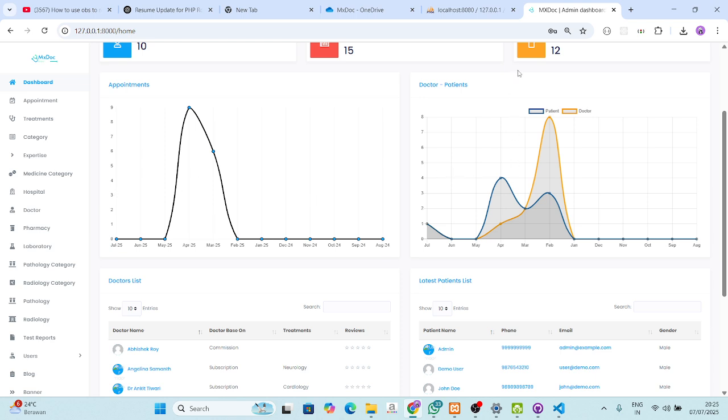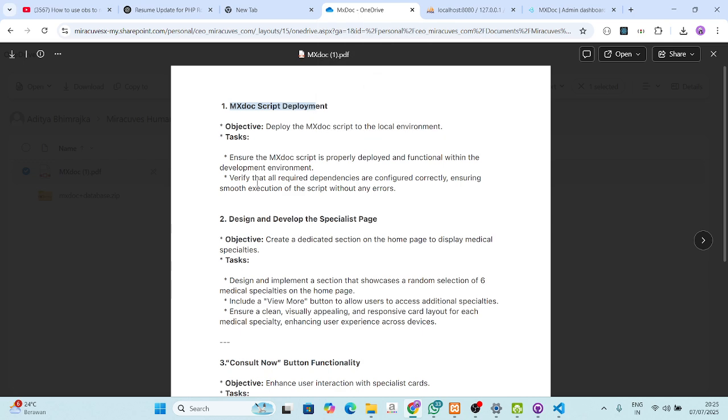Log into the dashboard. So this was the first task